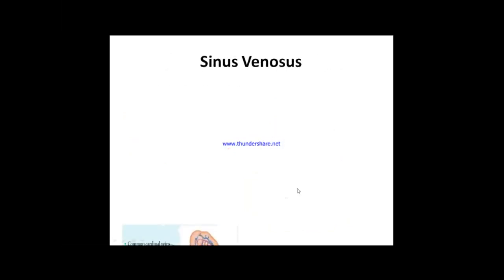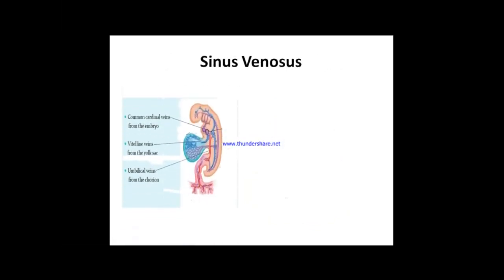Now this sinus venosus is a venous channel formed by the joining of the different veins which enter into the inflow tract of the developing heart. These are three veins. We have a common cardinal vein, which is from the body wall of the embryo. So here we have the cardinal vein, this is the anterior cardinal vein and this is the posterior cardinal vein. We will discuss them when we discuss the development of vessels, and they will join together on either side to form a main vein that is known as the common cardinal vein.